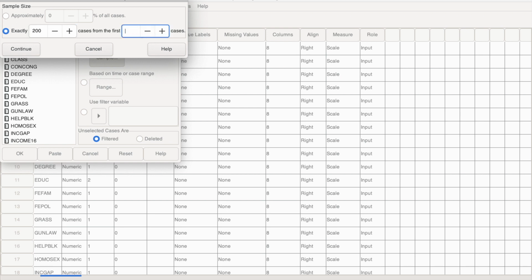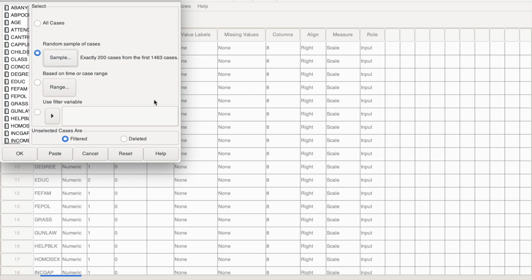The text tells you to draw from 2,348. It's actually going to reset it, I've learned, to the number that's in the data set, which is 1,463 cases. So that's okay. We're just going to go with that. Those are all the cases that we have. So now we're going to click OK